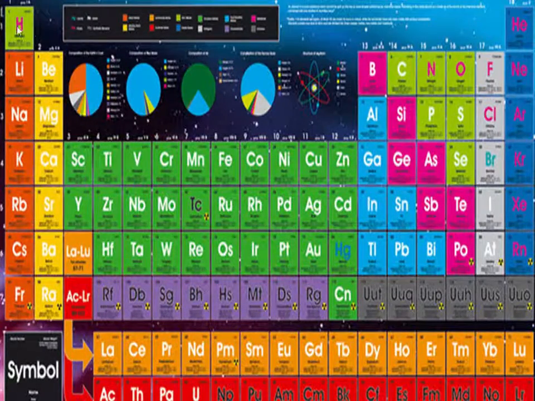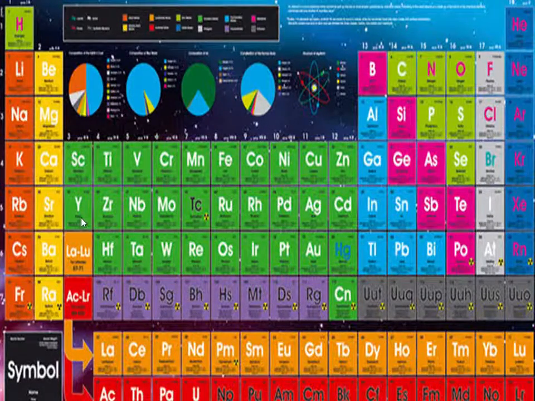Then we do a new line: boron, carbon, nitrogen, oxygen, fluorine, neon, sodium, magnesium, aluminium, silicon, phosphorus, sulfur, chlorine, argon, potassium, calcium, scandium, titanium, vanadium, chromium, manganese, iron, cobalt, nickel, copper, zinc, gallium, germanium, arsenic, selenium, bromine, krypton, rubidium,